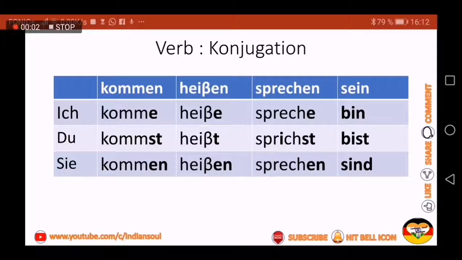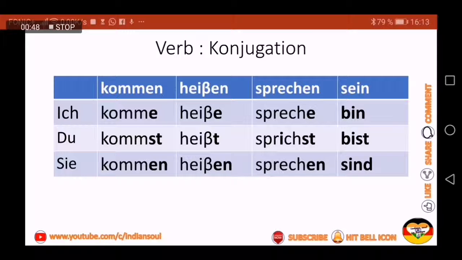So let's come to verb conjugation. In German, basically, a verb has two parts. One is the stem, or the basic part of the word. So for example, in the verb kommen, komm is the stem, and you then have to modify the tail of the verb according to the subject.